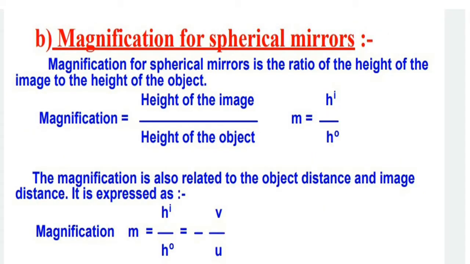Now we will go to the magnification of a spherical mirror. The size of an image formed by a plane mirror, as we have discussed, is the same as that of the object. But when we look at spherical mirrors, it is not always the same. Sometimes we get the image smaller, sometimes enlarged, sometimes point size. In a convex mirror, the image size was always very small, diminished. So for that reason we require magnification.